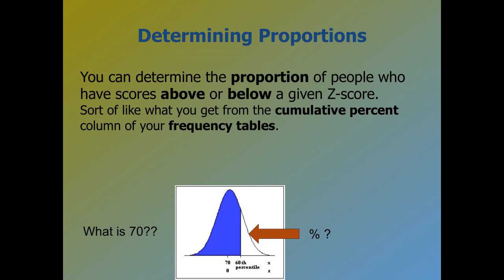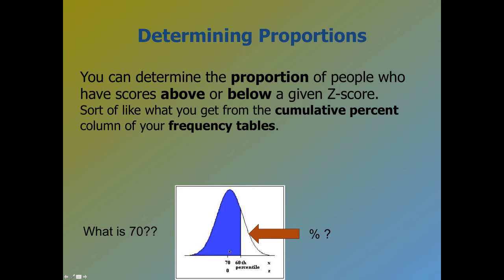Determining proportions. Okay, so by solving for a z-score, you can determine the proportion underneath the normal curve simply by using the z-score. So right here, you have the 60th percentile, which would be all the way up to here. And what percentile would be 70? If it's 70 with a z-score of 0, that means this is your mean, this is your average, so this is going to be your